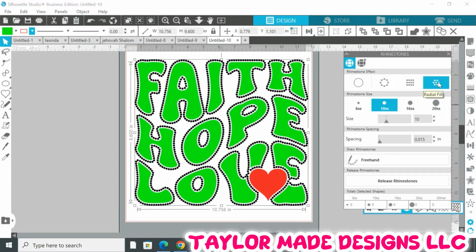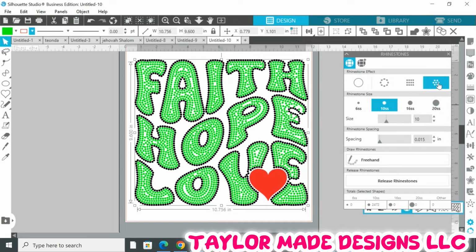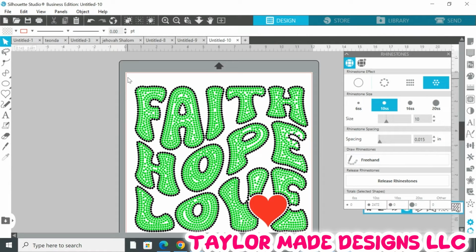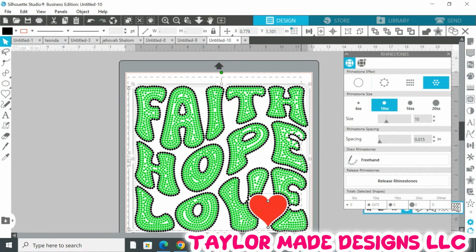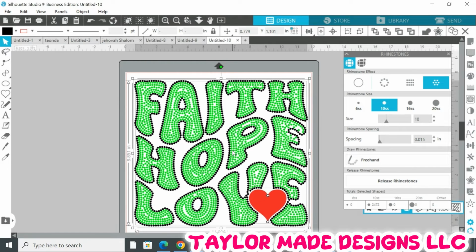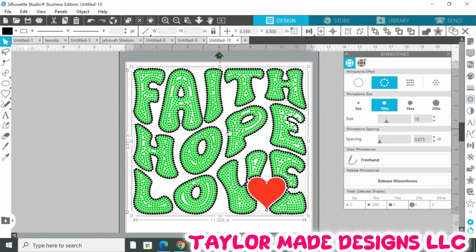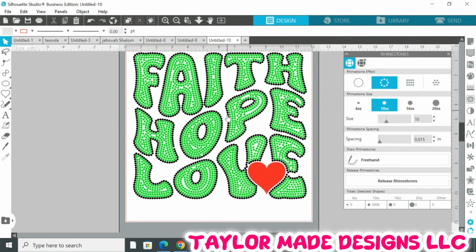design. So I'm going to press on the green and press on radial fill. Now this is what you're going to have. There are a few things I would like to do. So I'm going to click on everything, and at this point you could manipulate the size because we have not released any stones as yet. I could drag it down a little bit. I could do anything I want. So I'm going to leave it as 11.9,